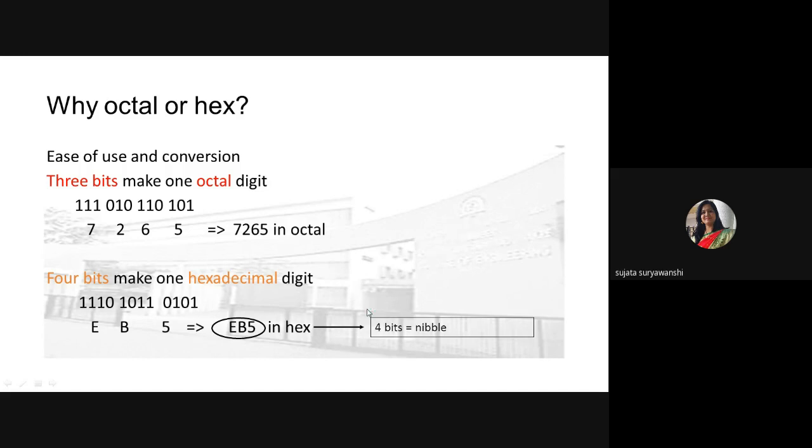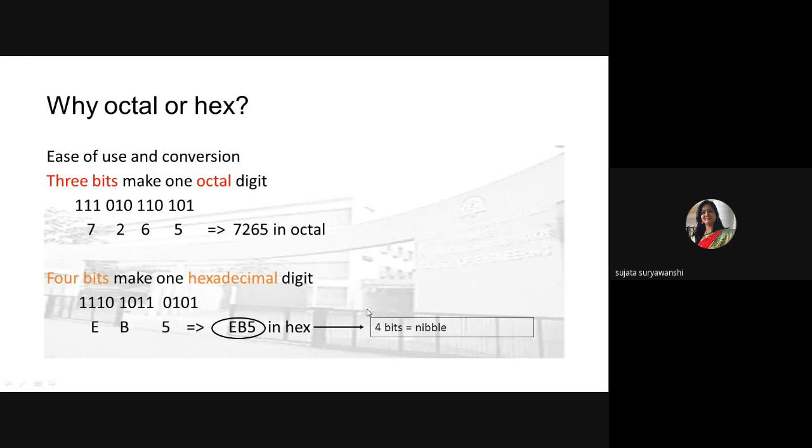Write down an example of an octal number. Your octal number is 704. Convert it into the equivalent binary number and tell me the answer. What answer are you getting? 111 000 100. Very good. You need to consider 3 bits only. Suppose 0 is there, don't write a single 0. For the representation of 0, you need to write down 3-bit 0.